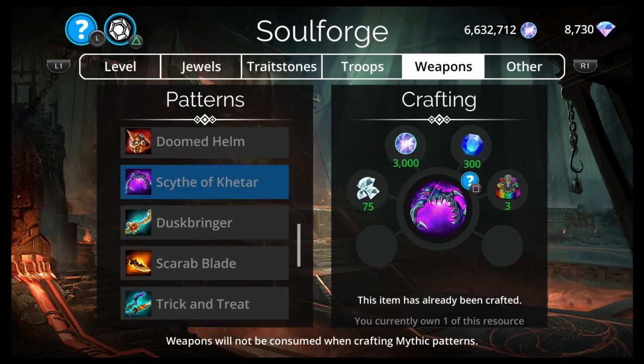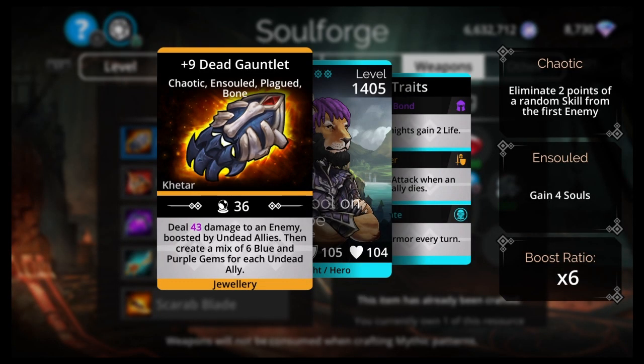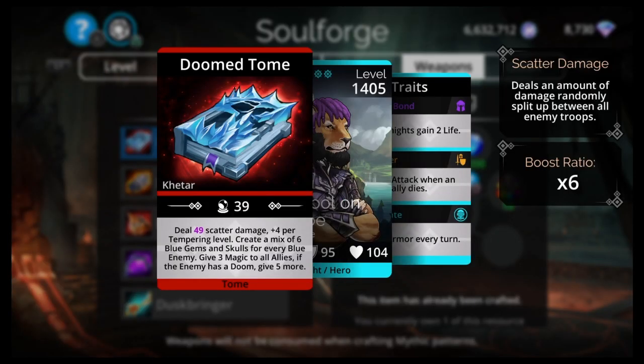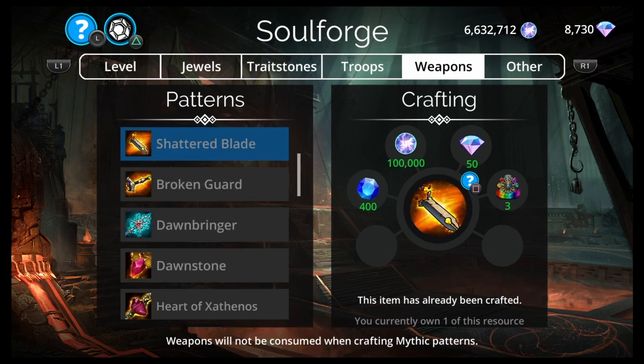Scythe of Kitar, not great, but collection purposes. Doomed Helm, not great, collection purposes. Dead Gauntlet, useful, but above average, maybe grab it if you don't have it. Doom Tome, probably the top, but if you've been following the channel, we love the